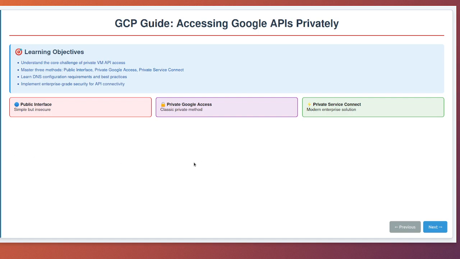Hey everyone. Today we are diving deep into one of the most critical aspects of Google Cloud networking: how to securely access Google APIs from your private virtual machines. This is a real-world problem every GCP engineer faces. You have virtual machines without external IPs for security, but they still need to talk to services like Cloud Storage,